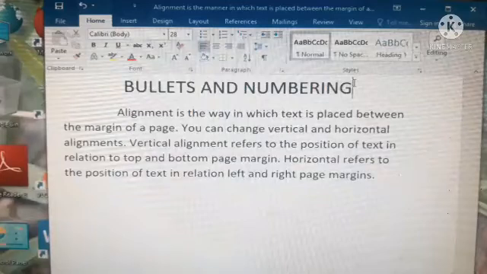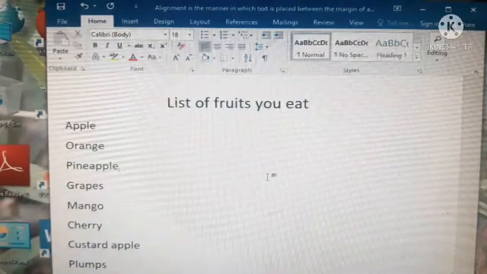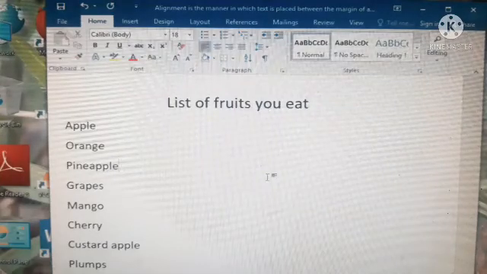The first step must be in the first place only, the second step must be in the second. So for this type of ordered list we have to use the numbering option. Numbering is a list in an ordered way, but bullets is an unordered list.